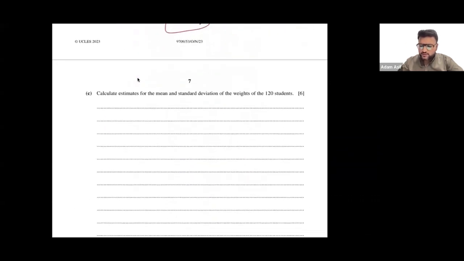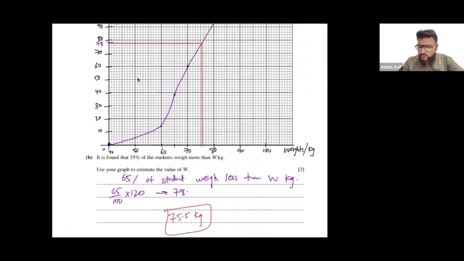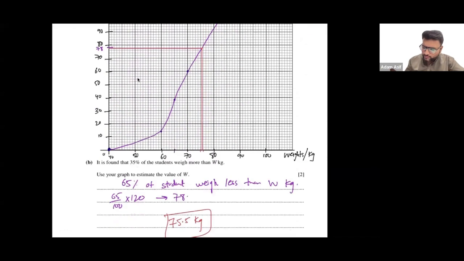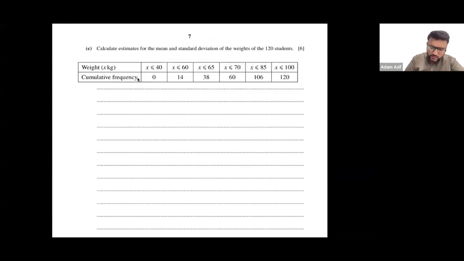Then part C says calculate estimates for the mean and the standard deviation of the weights of 120 students. Uske liye you will be needing this table that I'm going to copy on the next slide. From this table, you all are going to make a frequency distribution table. Okay. So